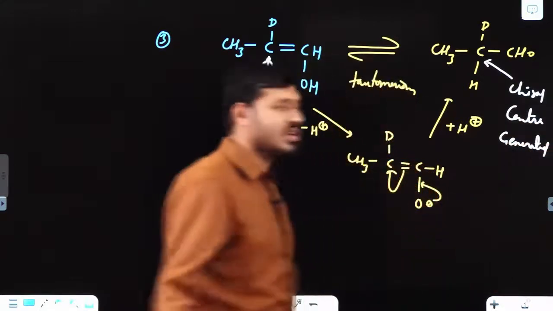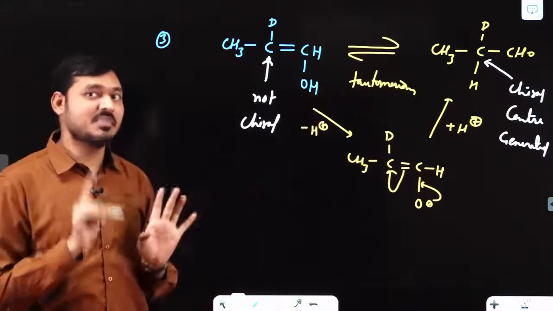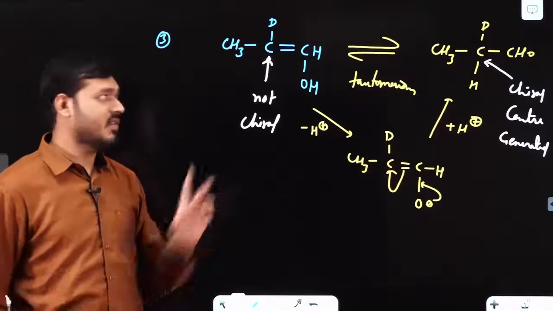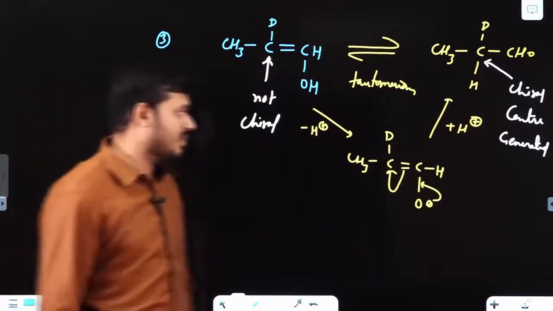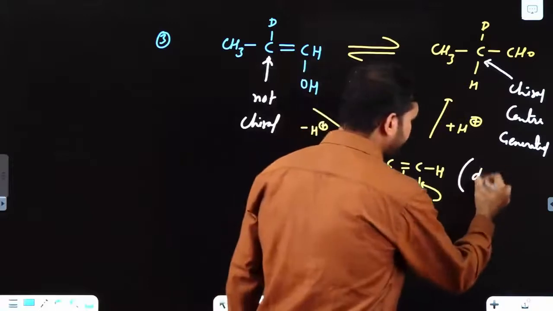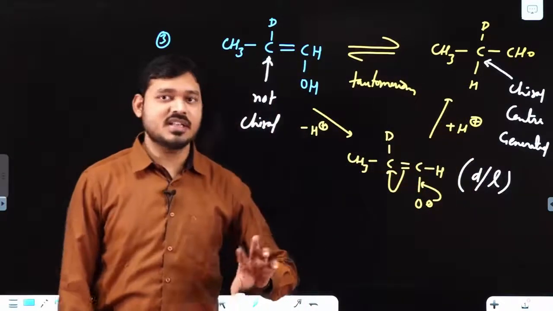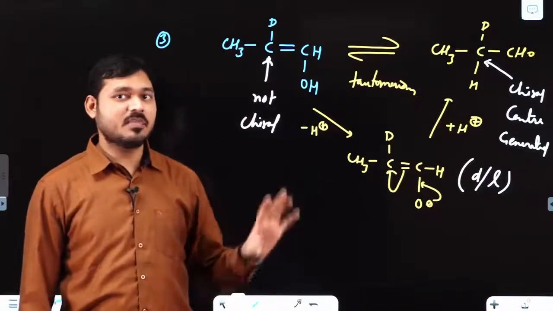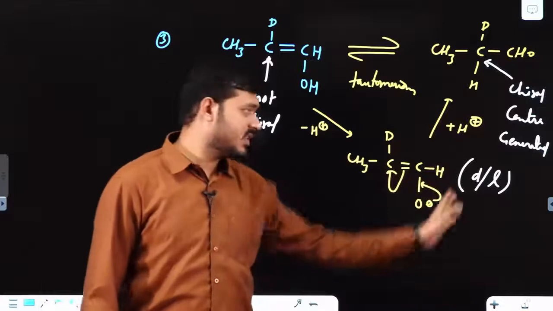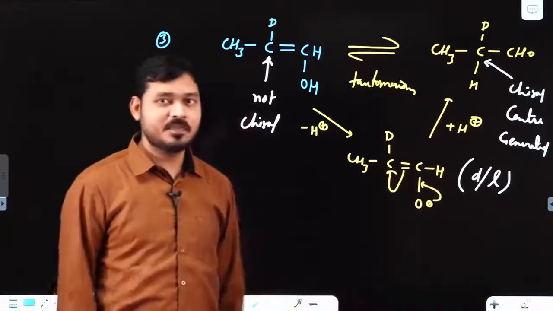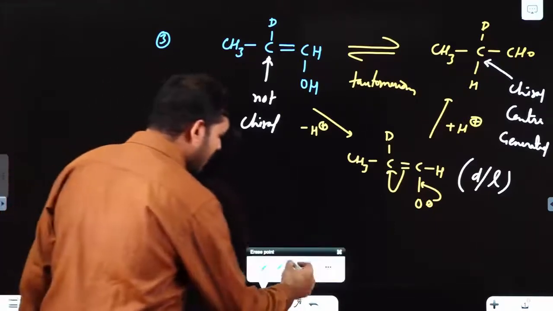Now in this reaction also, I can simply say racemization has occurred. Racemic mixture will be formed. Remember, 50% of this and 50% of its mirror image will be formed. Simply to write, if the product is a racemic mixture, we can say the product generated will also be optically inactive, or DL pair, or simply DL. Clear to you all? Okay. Now let me give you one more good example.